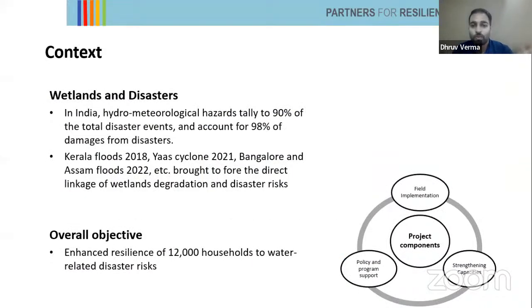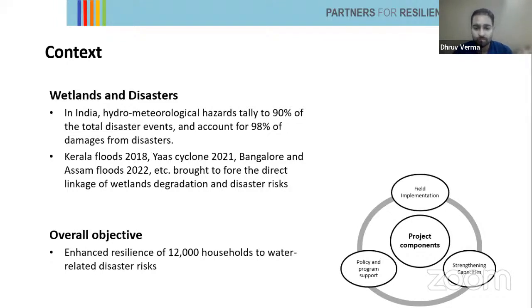Thank you. So to set up the context, in India, if you look at the disaster events and the loss and damage we have because of that, a major proportion of that is related to water and climate. Very recently, if we look at some of the events in India, for example, the Kerala floods in 2018, and very recently in Bangalore and Assam, it brought to the fore these damages because of the degradation of wetlands, because we are stripping off these natural buffers, these natural ecosystems from the landscape, and because of that, disaster risks are